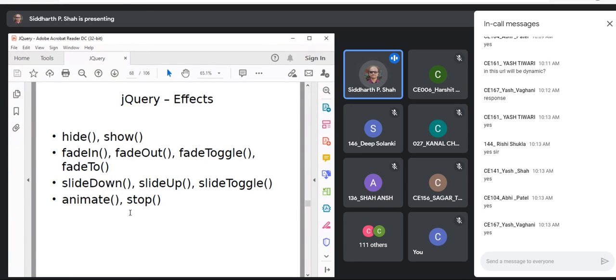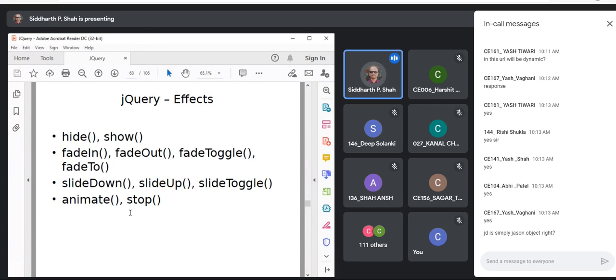Now, some methods which give some effects, that we are going to see. Hide and show. Basically, the name itself suggests if you want to hide any element or show any element. Again, there are different versions of these methods. They take some optional parameters. Yes, JD is a simple JSON object.